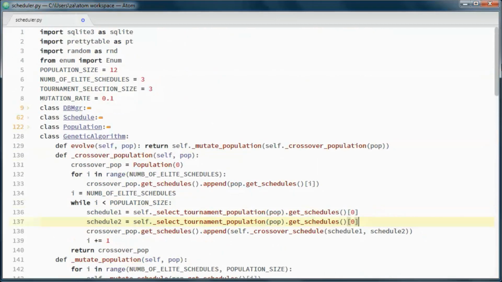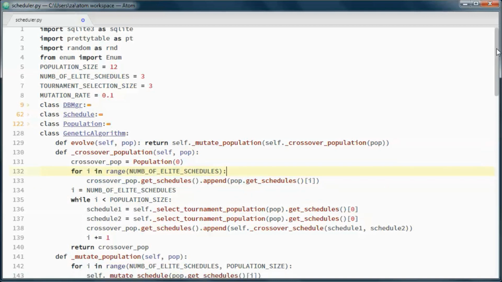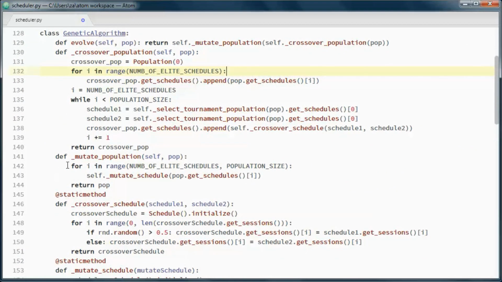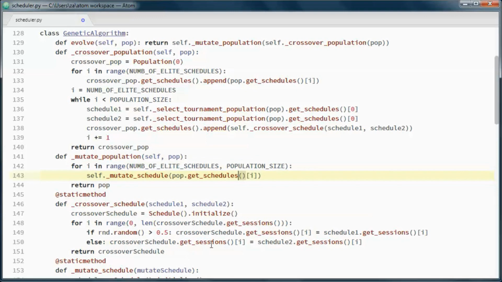And here we define the number of elite schedules to be 3. So we don't do crossover or mutation to the first 3 schedules with the highest fitness. Actually, let's do this.